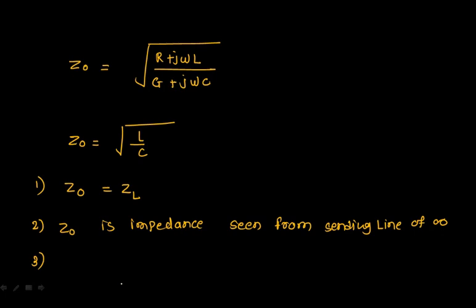Now third one, the impedance seen looking towards the load at any point on the matched line, moving along the line, produces no change in the impedance towards the load. So you can say that Z0 is independent of length. It means you're assuming that whatever line is there is nothing but the infinite line, and everywhere you measure, the impedance is the same. So this is the impedance.